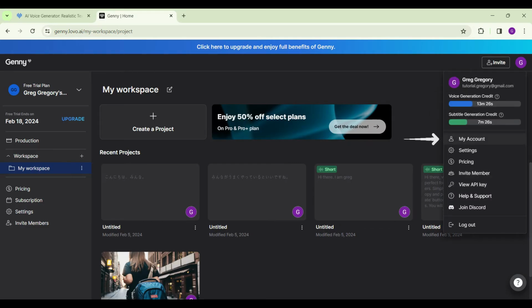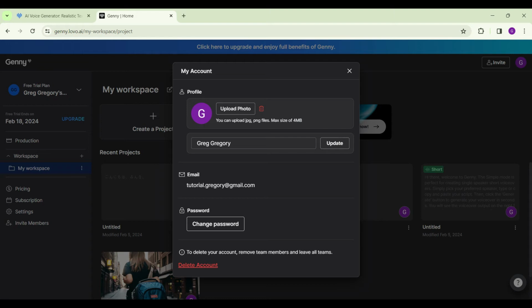Now let us go to my account. You will be provided many features here, such as uploading a photo, deleting the photo, updating your name, changing your password, and the option we are focusing on, delete your account. Let us simply click on this delete account button